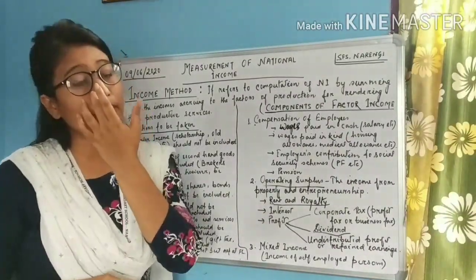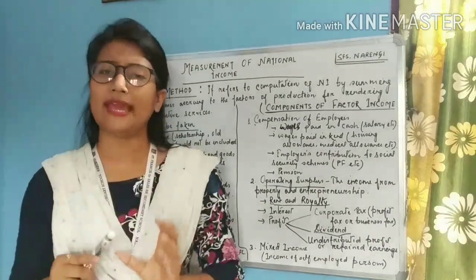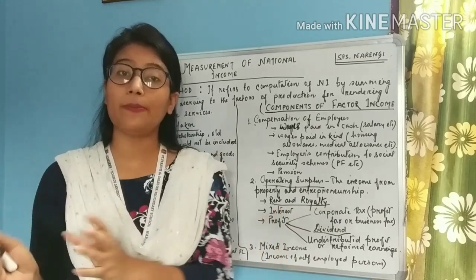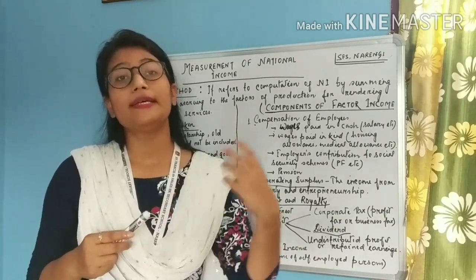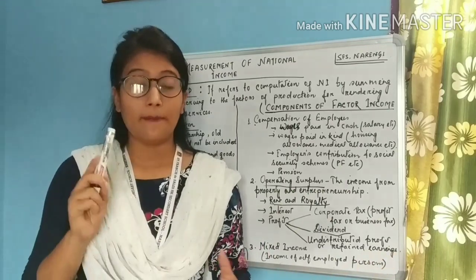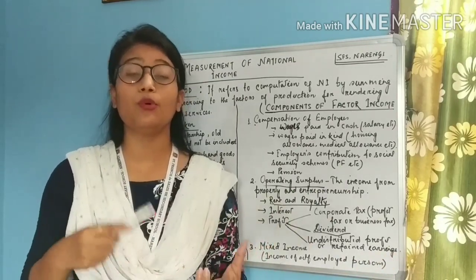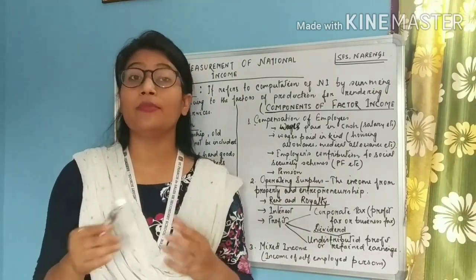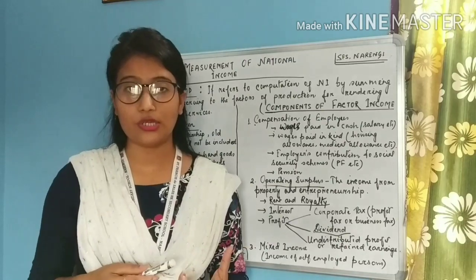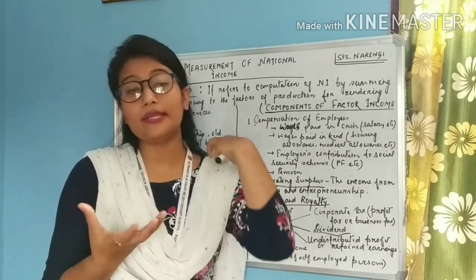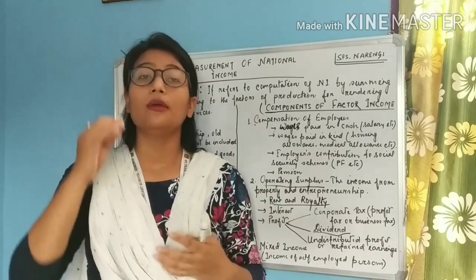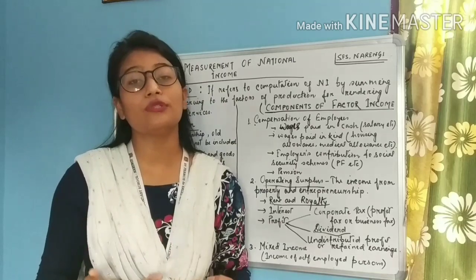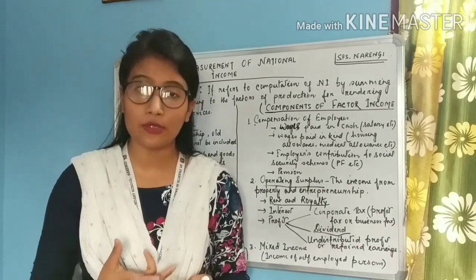So students, sometimes what happens, suppose I am the shareholder of a company X, okay, I have 20% share in the company, but I no longer want to remain a part of that company. So I might sell my shares to someone else, but that selling of shares or bonds will not come under national income. Why? Because it only reflects a mere change of ownership. The name in the papers will only change. There will not be any productive activity going on. There will not be a production of new goods and services. Only the entitlement will change.